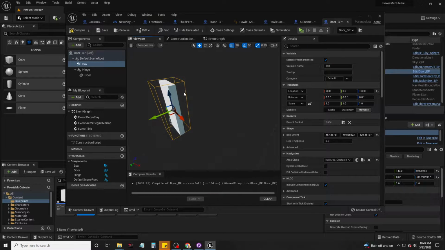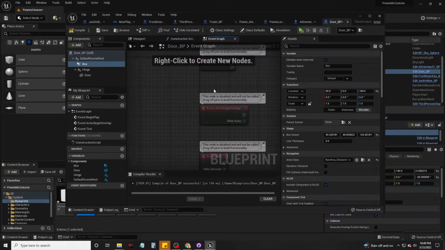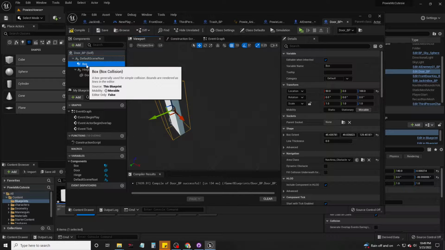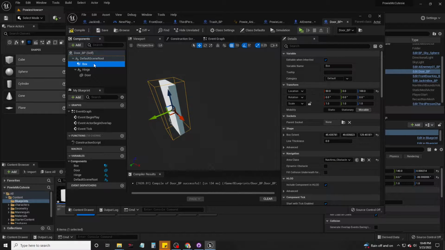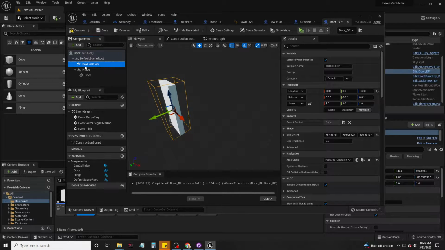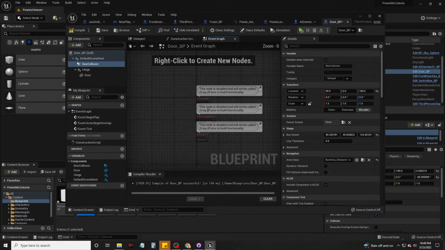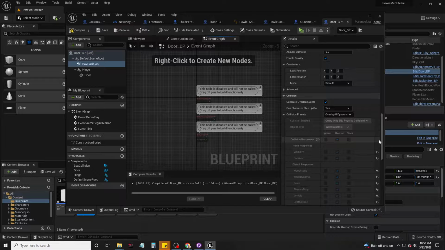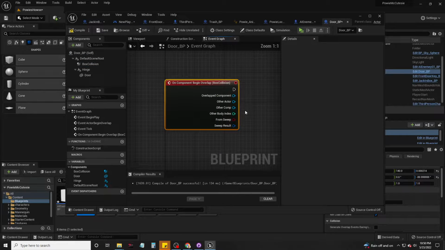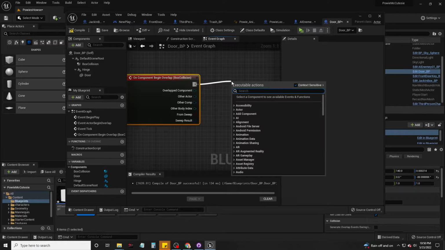Now I want to select that box, which I'm going to call box collision. I just want to know that that's the box collision. I can see that little icon, but I want to know it in my event graph or my blueprints if I'm ever referring to it. On component begin overlap, I'm going to do another timeline